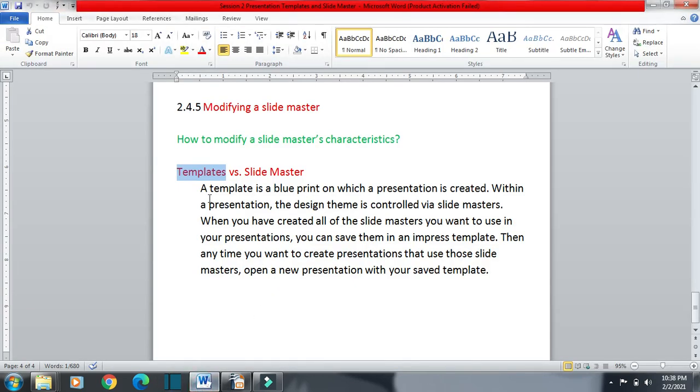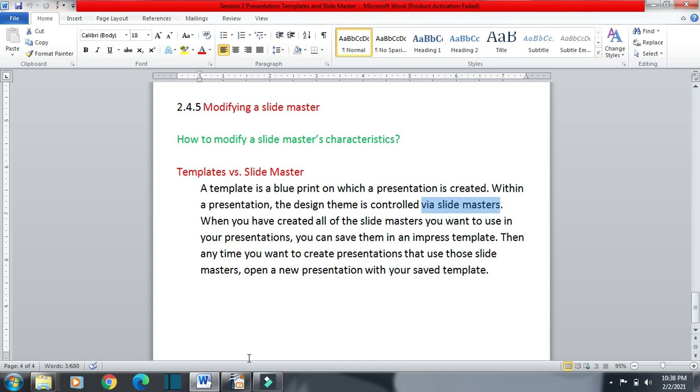So a template is a blueprint of 3 to 4 slides or 5 to 6 slides on which a presentation is created. Now if you are not satisfied with the formatting of the template slides, then within the presentation you can change the design theme via the slide master.